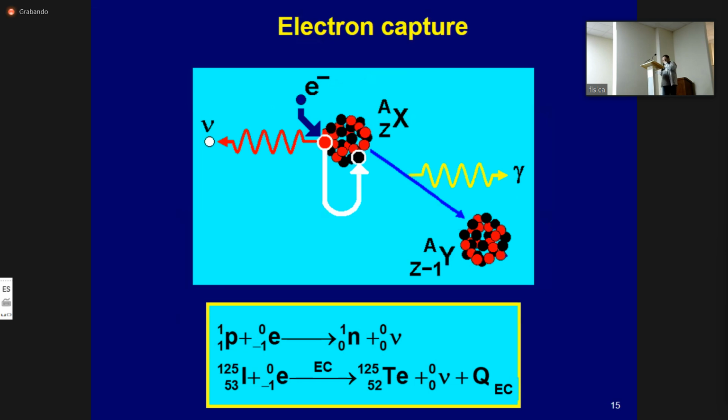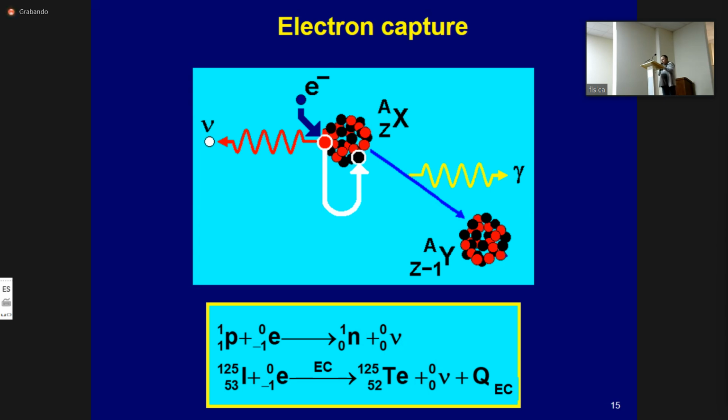Here is electron capture, the third type of beta decay. Electron capture occurs when the nucleus has too few neutrons. It is depleted in neutrons, neutron deficient. The capture of a free electron by a nucleus leads to the transformation of a proton into the missing neutron, and the transition of the nucleus to a more stable state. This phenomenon is accompanied by the emission of neutrinos.